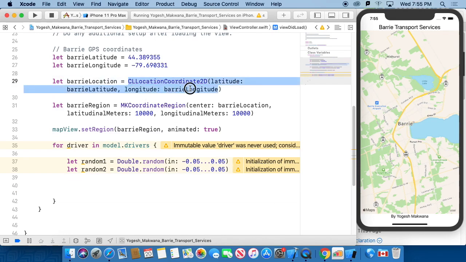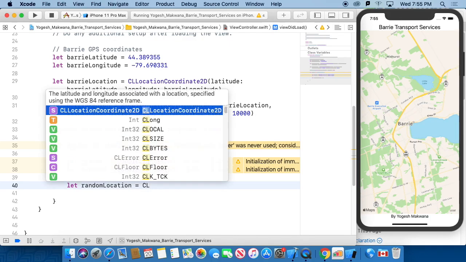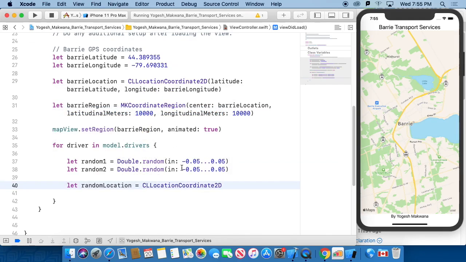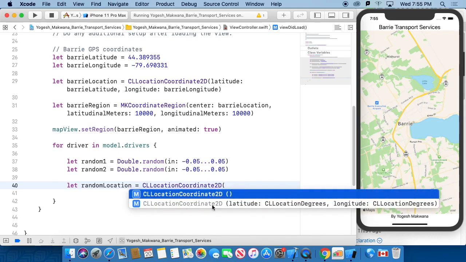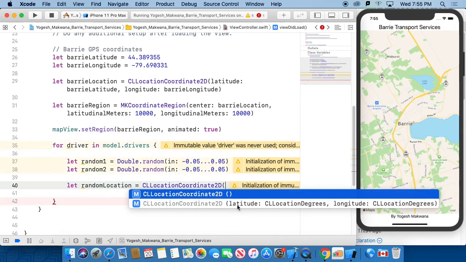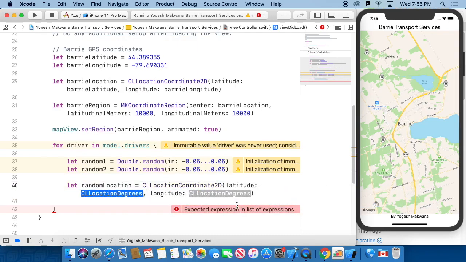So let's do that. Let random location equal to, as you start typing CL location, it will give you, by now it remembers. So if you just say CL, it will give you this option, CL location coordinate 2D. Just double click it and then open bracket and choose the second initializer. You don't have to type anything out of this. Double click that,